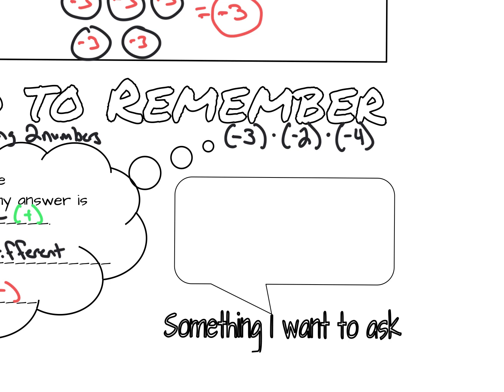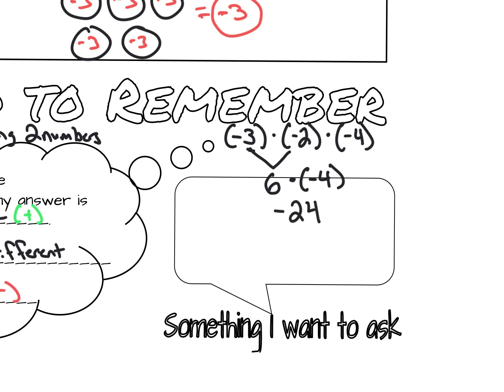Negative. All right. So some of you may think that it's going to be a positive because all the signs are the same, but the answer is actually negative. And here's why. Because when we multiply, even though we're multiplying 3 numbers, we're only multiplying 2 at a time. So in this case, we would take our negative 3 and multiply it by our negative 2. And since that's a negative times a negative, it's going to give us a positive 6. And then we have to bring down that negative 4. And now, because we have positive 6 times a negative 4, now our final answer would be a